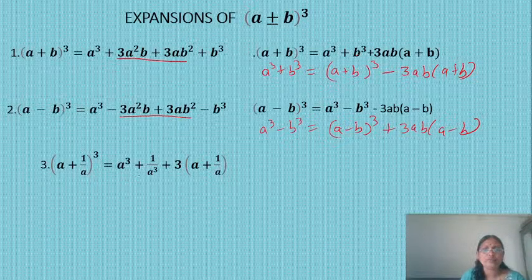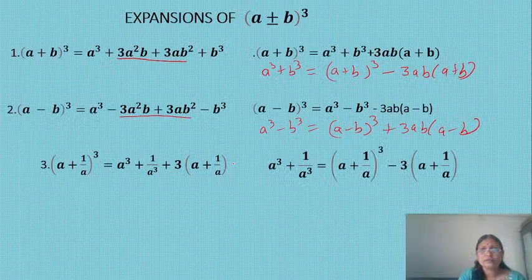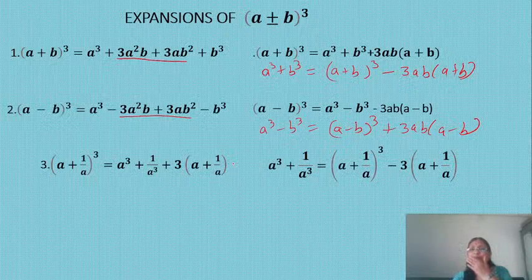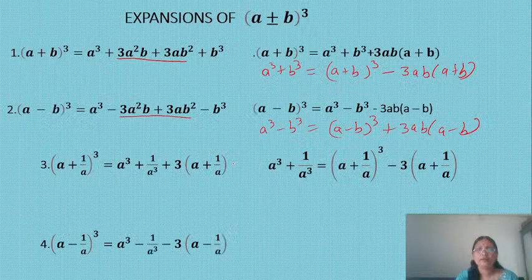Other way, it is a cube plus 1 upon a cube plus 3 in bracket (a + 1/a). Okay. Then the next one: a cube plus 1 upon a cube is equal to (a + 1/a) the whole cube minus 3 in bracket (a + 1/a). Right? Then the next identity, (a - 1/a) the whole cube is a cube minus 1 upon a cube